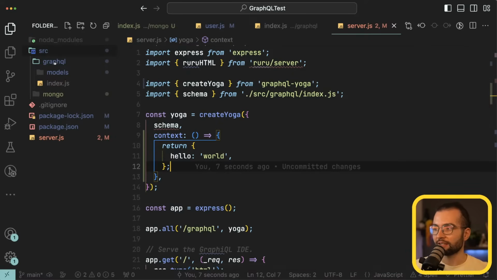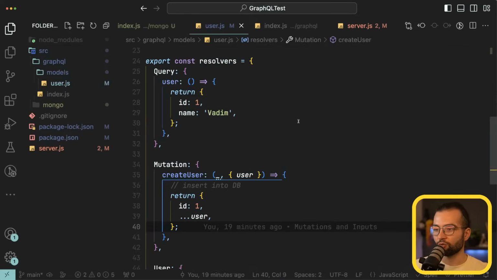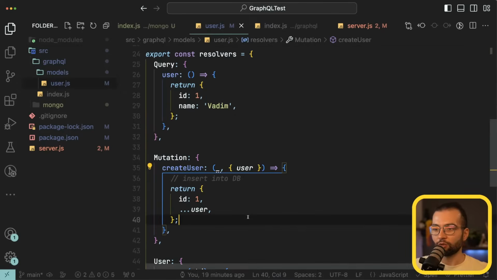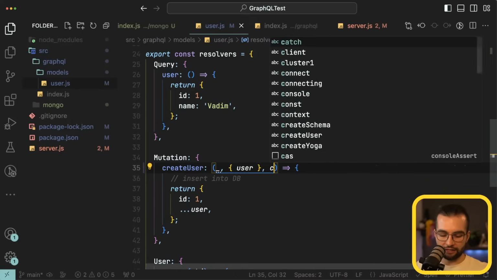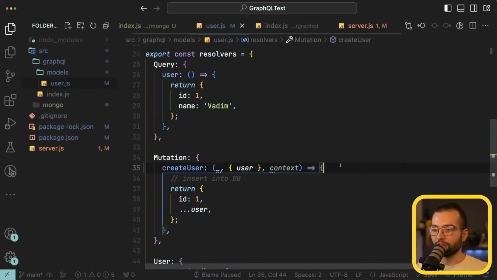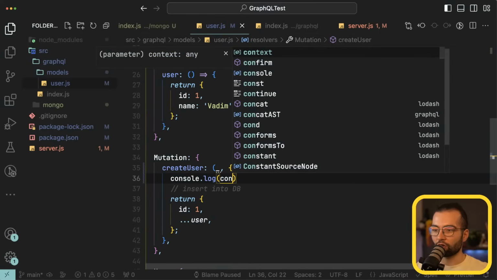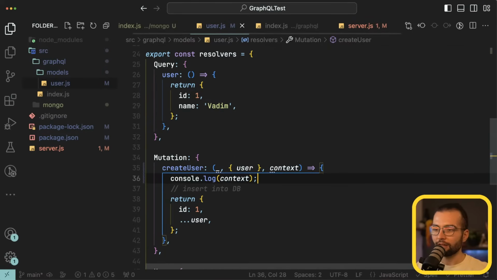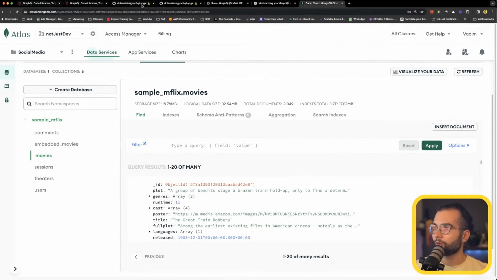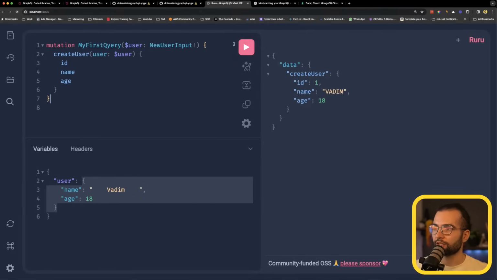To demonstrate this, let's go ahead in our models, user, and when we call create user, we can get access to the context as the third argument. So remember, the first one is the object, the second one is the arguments, and the third one is the context. If I'm going to do console log context here, and when I'm going to run this create user,